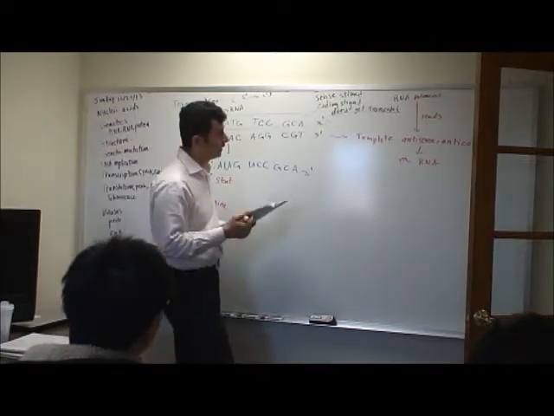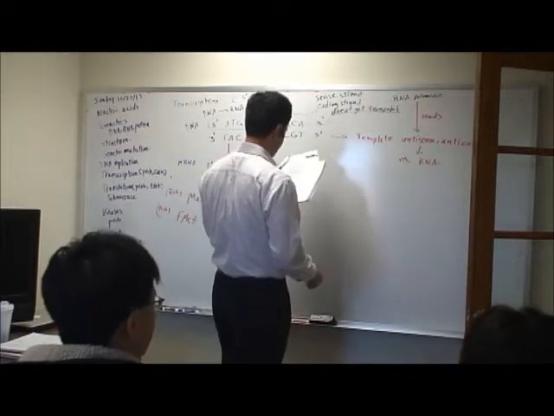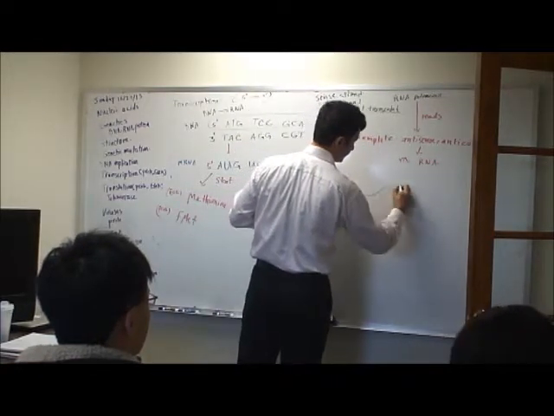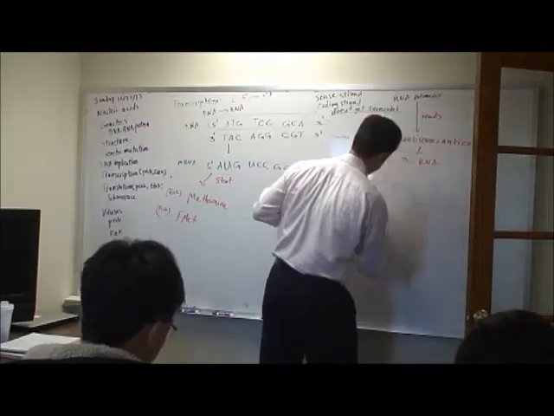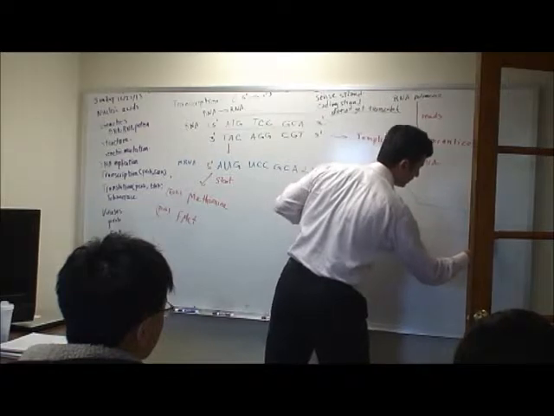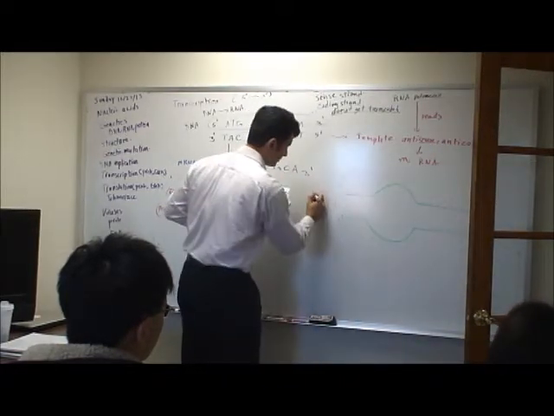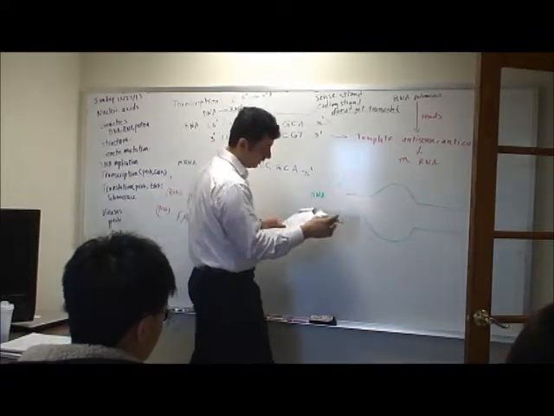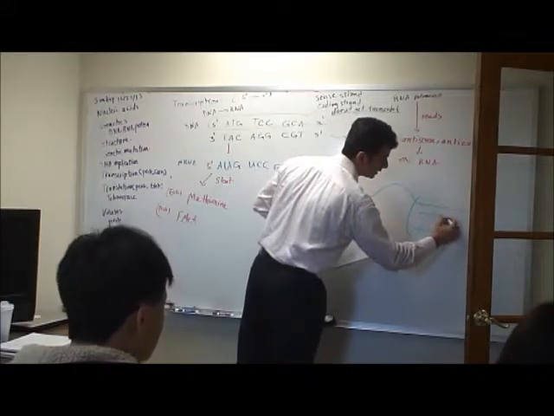So RNA polymerase, let's add more information about it. If I draw this in a form, it looks like this. So this is 5 prime, 3 prime, and this is 5 prime, 3 prime. This is my DNA, right? If I unwind it, RNA polymerase is here. If RNA polymerase goes in this direction,